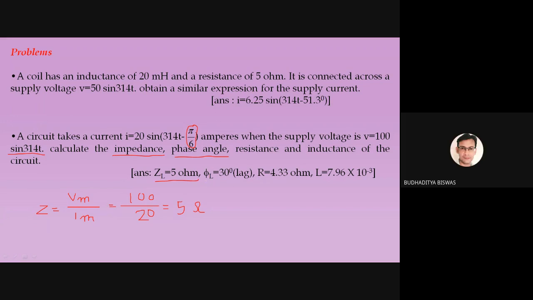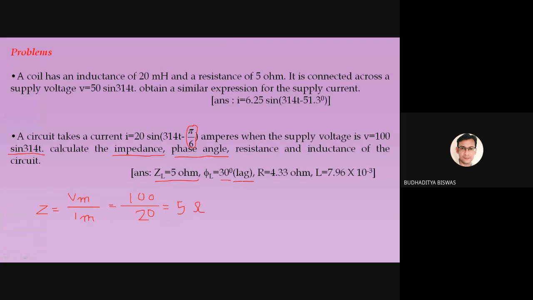Lagging. That means again you need to remember that whenever you mention the phase angle of any circuit, you must write within brackets whether it is lagging or leading. Without this, it is meaningless. Now, if I ask you how much money you have in your wallet right now, and you say only 1000, it doesn't mean 1000 rupees or 100 rupees. Without the unit, it doesn't mean anything. So without the lagging or leading term, the phase angle is not meaning anything. 30 is one angle, but is it leading or lagging?